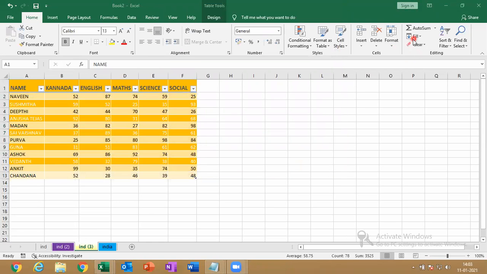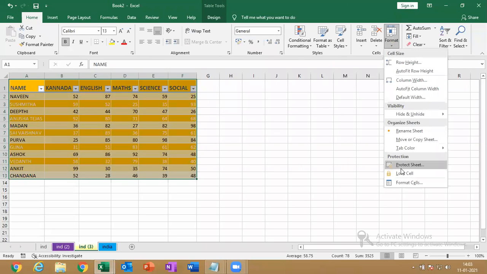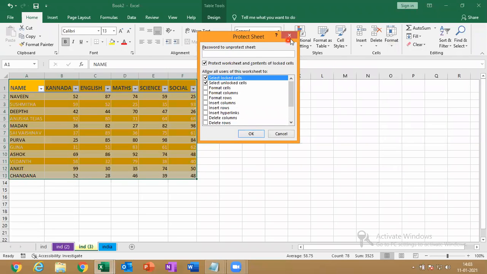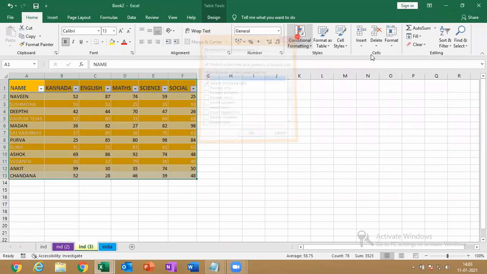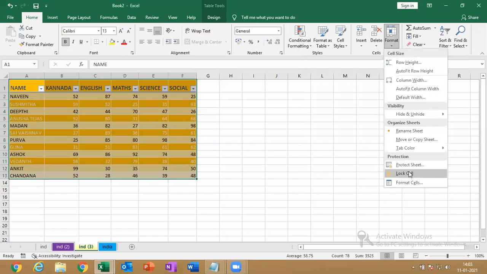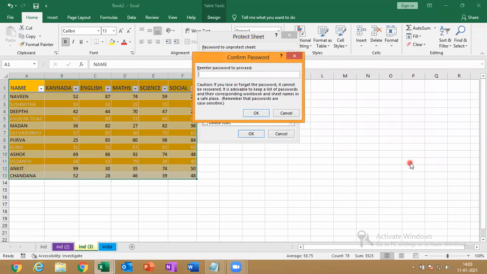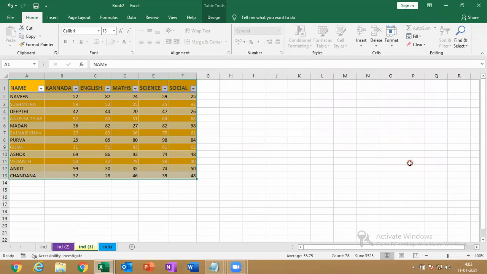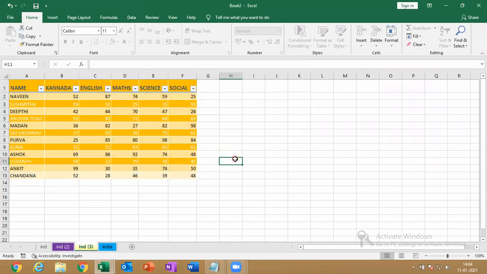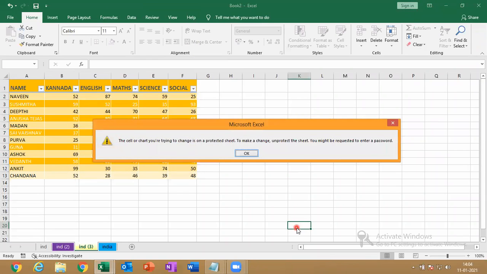And then go here, protect sheet. First, you have to enable this. Once you do lock cells, it will be enabled, and the tick will be removed. Then protect the sheet, 1, 2, 3. Re-enter 1, 2, 3. See now, here I'm not eligible to type. Here I'm not eligible to type.